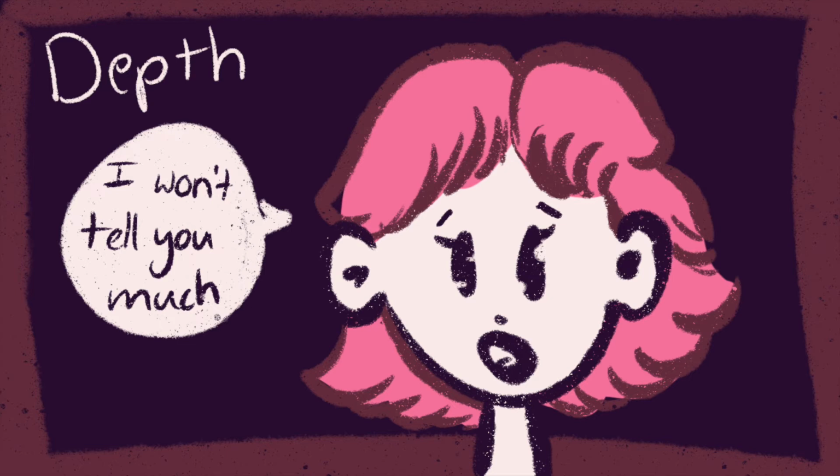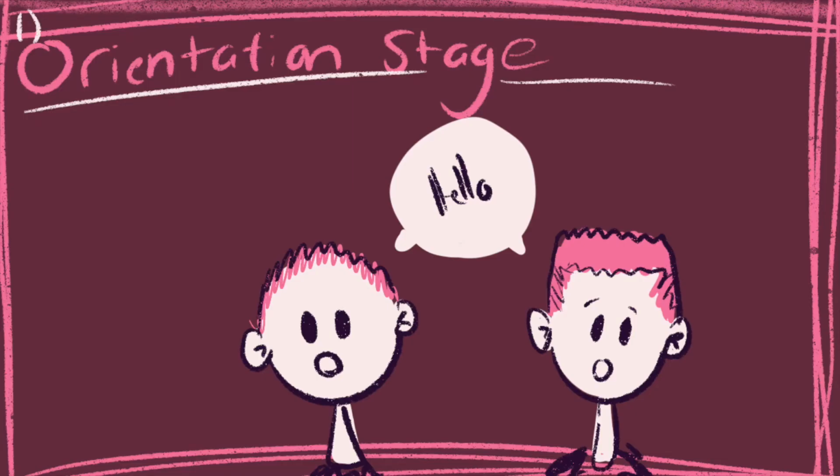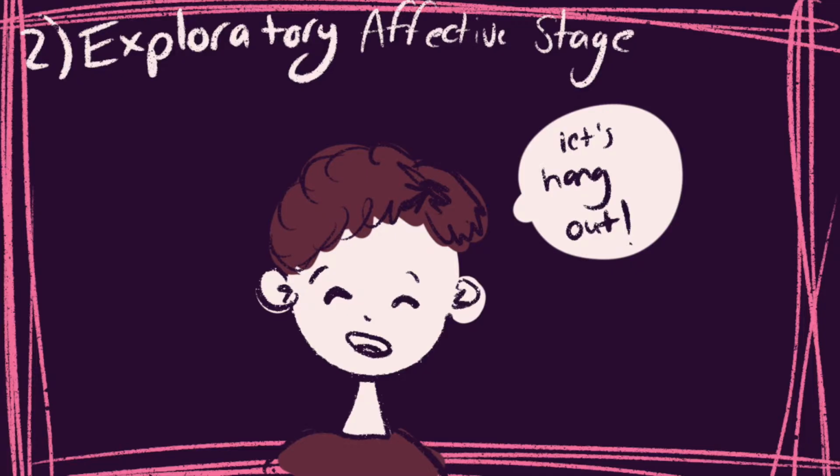Now, Altman also uses a 5-step process to describe the idea of self-disclosure in relationships. The first stage is the orientation stage, or the small talk stage. This is where communicators become acquainted, mainly looking at dress and mannerisms, and it is heavily tied by social norms. If you're at a party meeting someone for the first time, you usually just talk about things like the weather and not your insecurities or some weird rash you have.